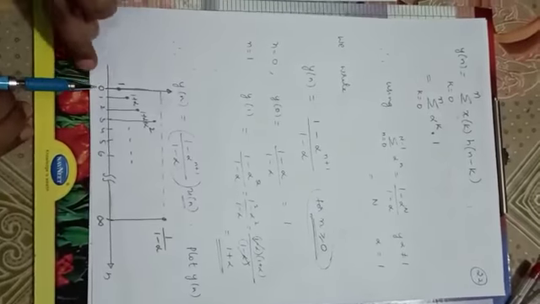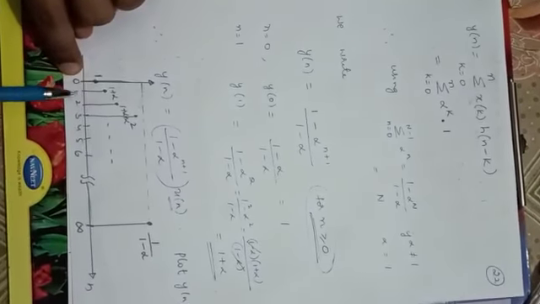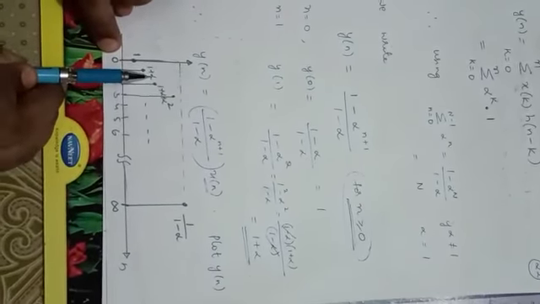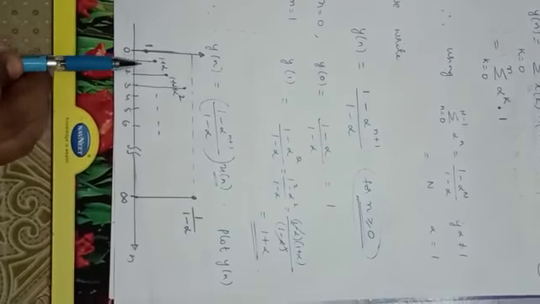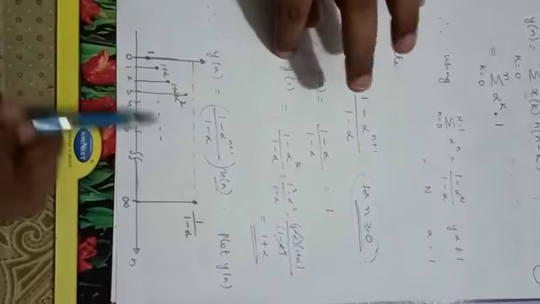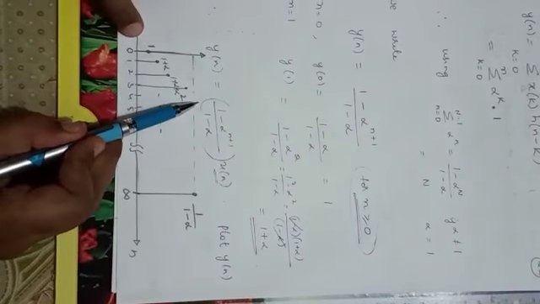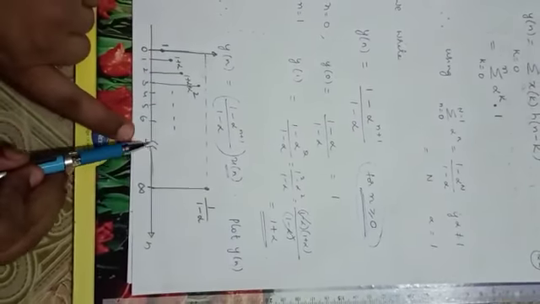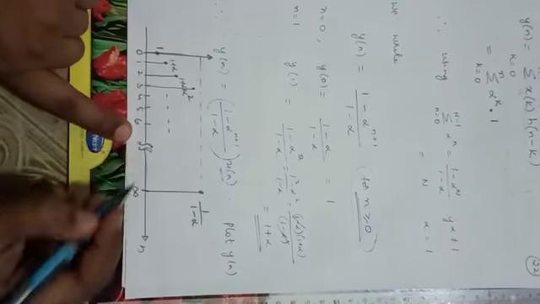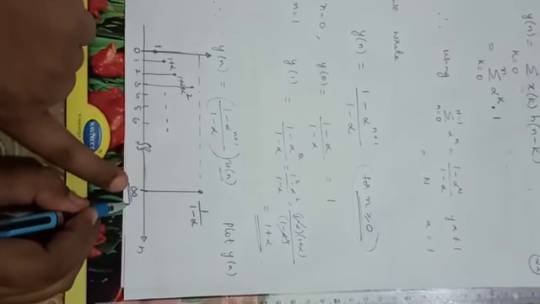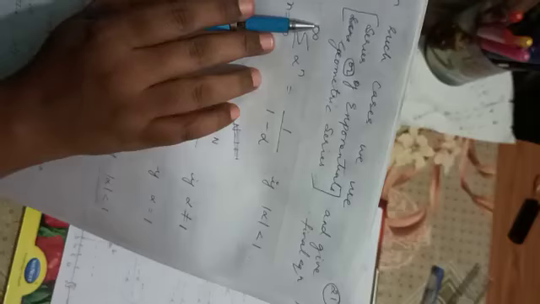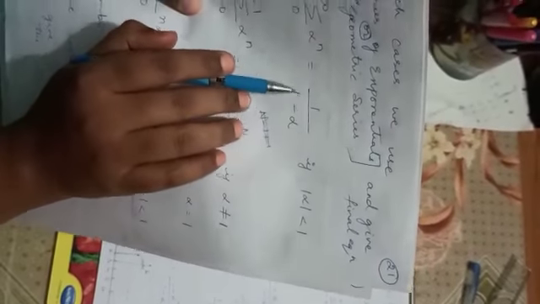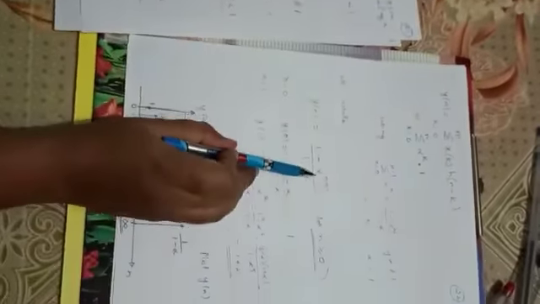Here you can see when n is 0, the value is 1. When it is 1, it is 1 plus alpha. Alpha may be less than half, but we are adding it to 1, because that is the value of y of n, 1 plus alpha. So it is completely increasing. Here the scale I have concatenated, and for infinity also I have plotted. So when it is infinite, we are using this formula. When n goes from 0 to infinity, the value is 1 divided by 1 minus alpha. Or in this equation also you apply it.